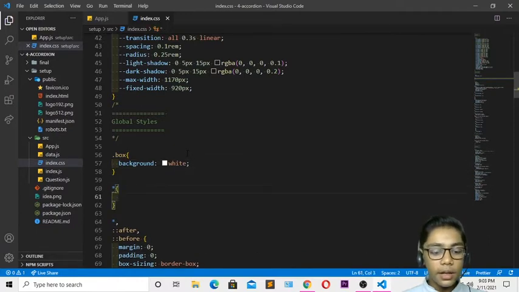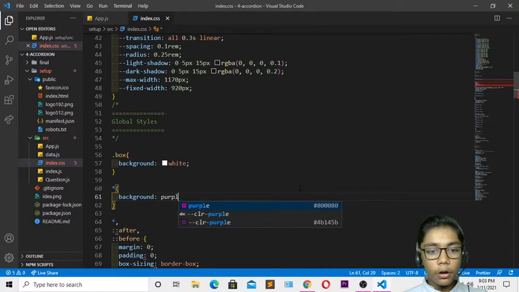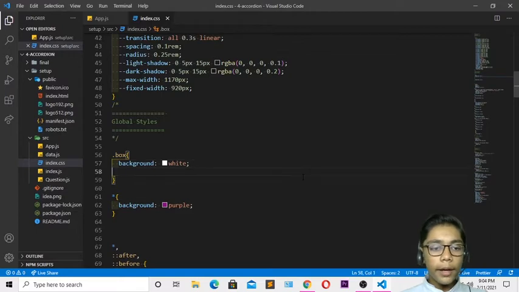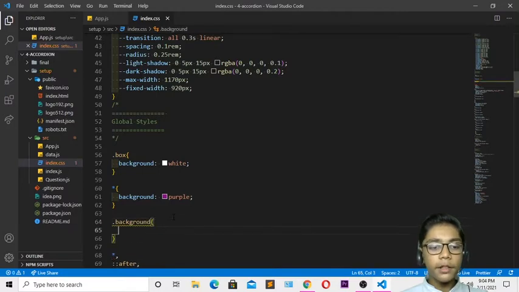So I'll be writing this sign, then I'll be writing a background of purple. So right over here, erase that and write purple, or you can also write background color if you want, but I will be writing background because it's really simple to write. So now I will be erasing that. Then you have to create a class. I have not created that, but I am just writing first of all. So when I create it, all the things which we are writing over here will automatically come in our CSS.